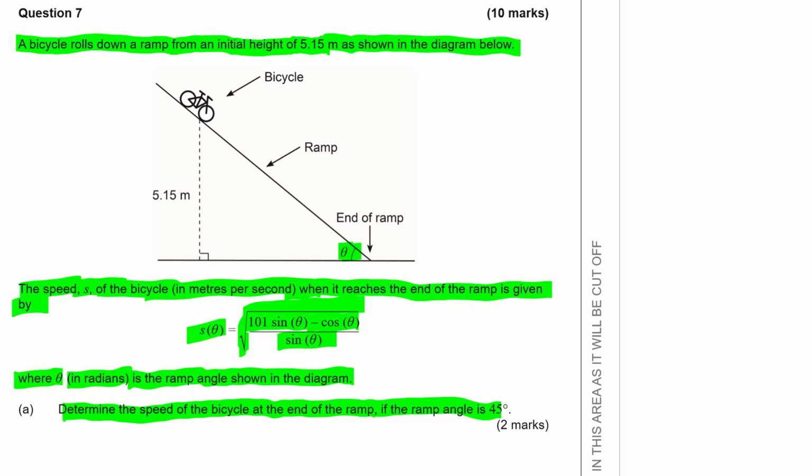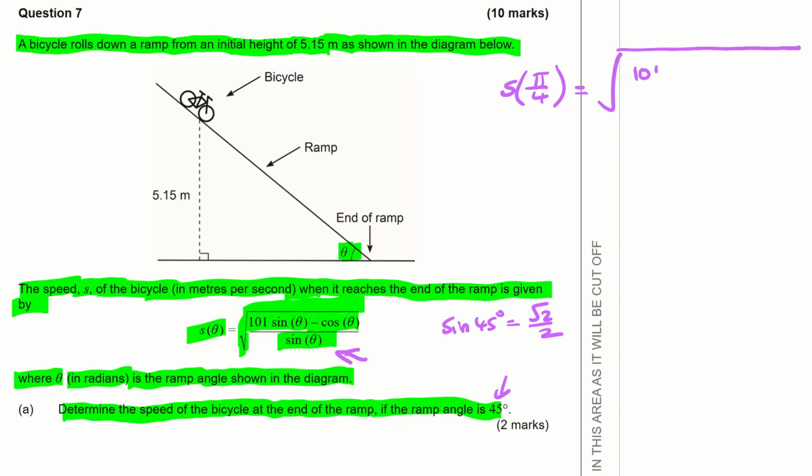Okay, so we don't really need to change that to radians. Sine of 45 degrees is root 2 over 2. We only have sine and cos in the formula, so that's why we don't need to change. Well, we could call it pi by 4 if you want, but it's going to be the square root